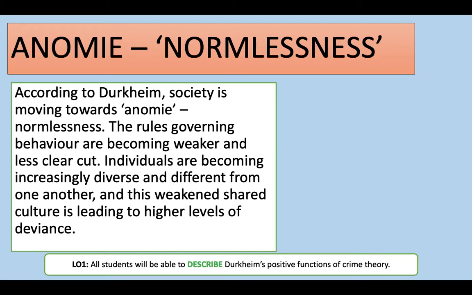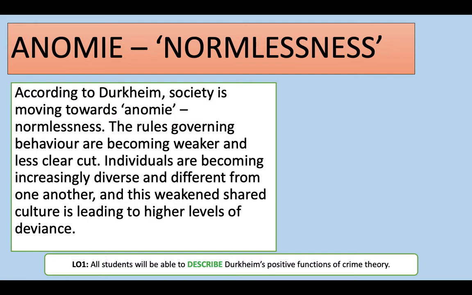So, according to Durkheim, society is moving towards anomie, so it's normlessness. The rules governing behavior are becoming weaker and less clear-cut. Individuals are becoming increasingly diverse and different from one another, and this weakened shared culture is leading to higher levels of deviance. Now, it's important because for Durkheim, he believed that crime was inevitable and would be an increasing problem